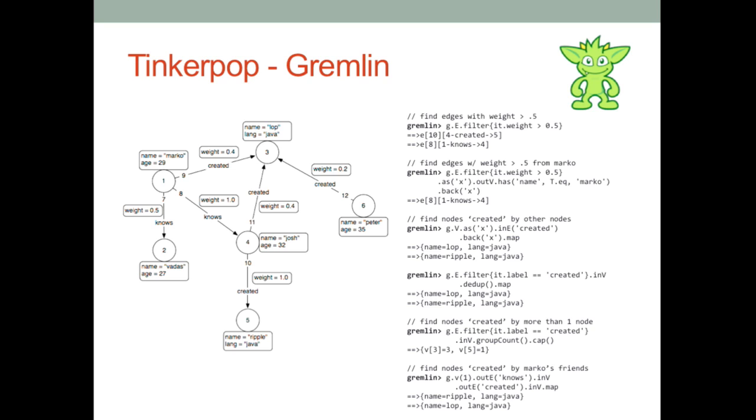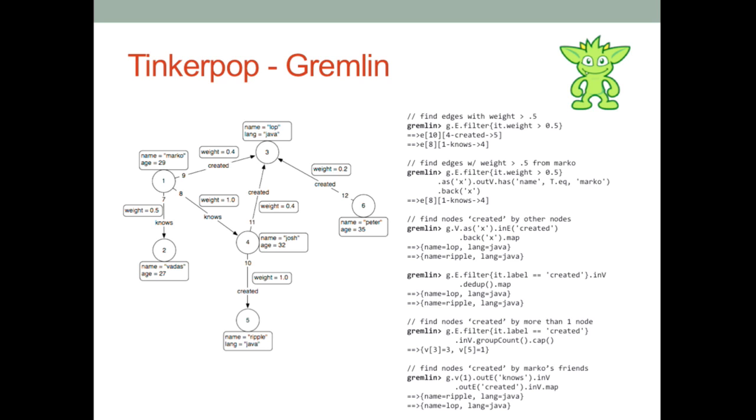Let's see, find the nodes that were created by other nodes, right? So we're starting to get into answering questions that are a little bit more non-intuitive if you're doing a join-based approach. That's another one we have there. Find all the nodes that were created by more than one node. Maybe it's because my SQL's a little bit rusty, but I think, how would I model that, and then how would I go grab that? It starts to get a little bit unintuitive to me compared to doing this kind of an approach.